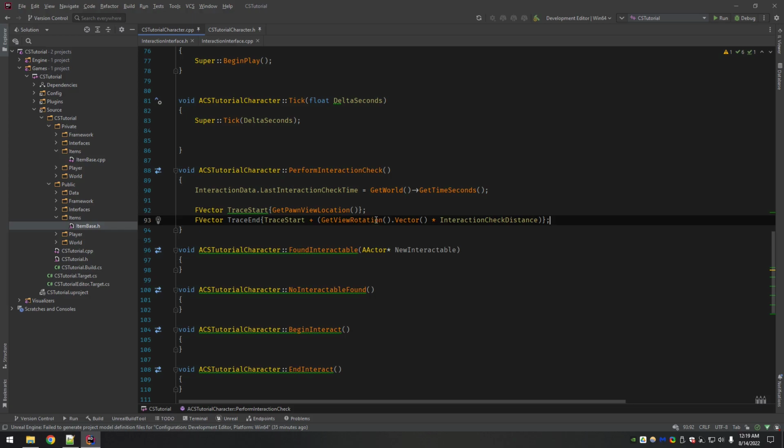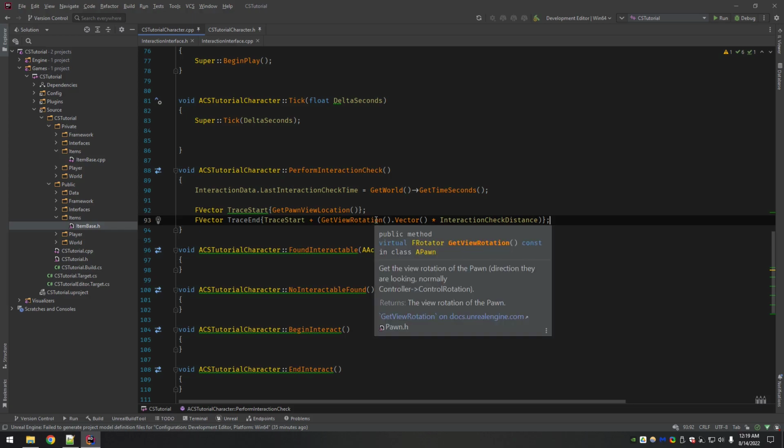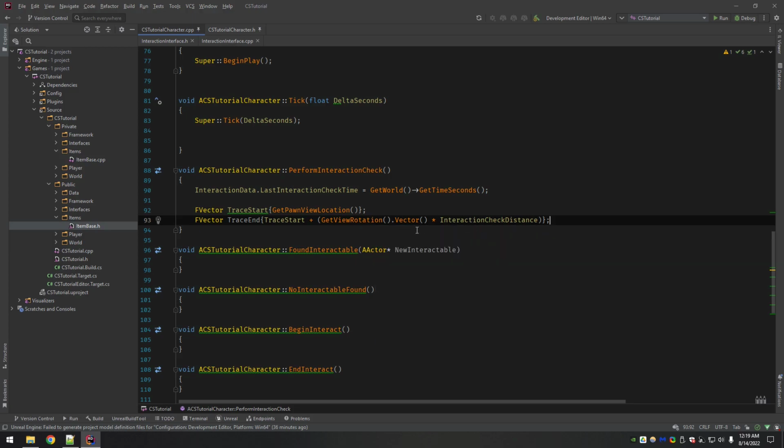So based on the rotation of that, and you can see here, it tells you to get the view rotation direction, the direction they are looking, which is normally controller rotation. That's what I'm talking about. So whichever way you're looking, it's going to take that rotation, convert it into the forward vector of that view, and wherever that's at, we're going to multiply it by the distance that we want to trace out to for interactables.